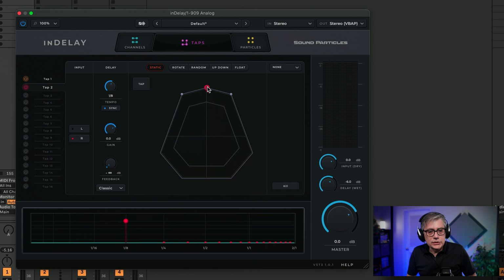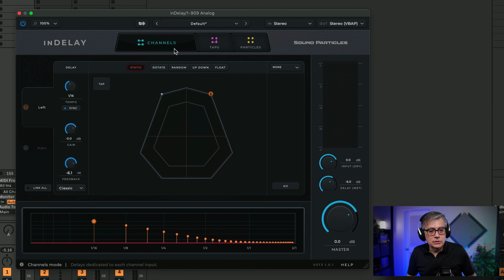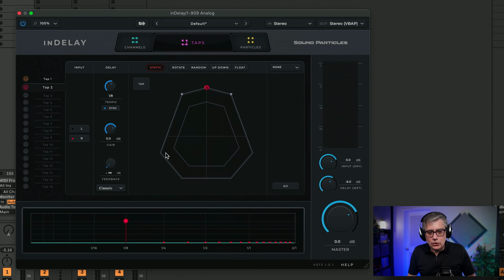So the difference between the channels and the tabs is more or less that in the channel-based version, essentially each channel becomes a tab, so to speak. Otherwise, things are very similar. We can select which channels are going into each tab. So for example, we can have one tab for the left channel, one tab for the right channel, or we can also select that both channels go into one tab. And if you have multi-channel, obviously you can do that for each individual channel. And then everything else is pretty much exactly the same.